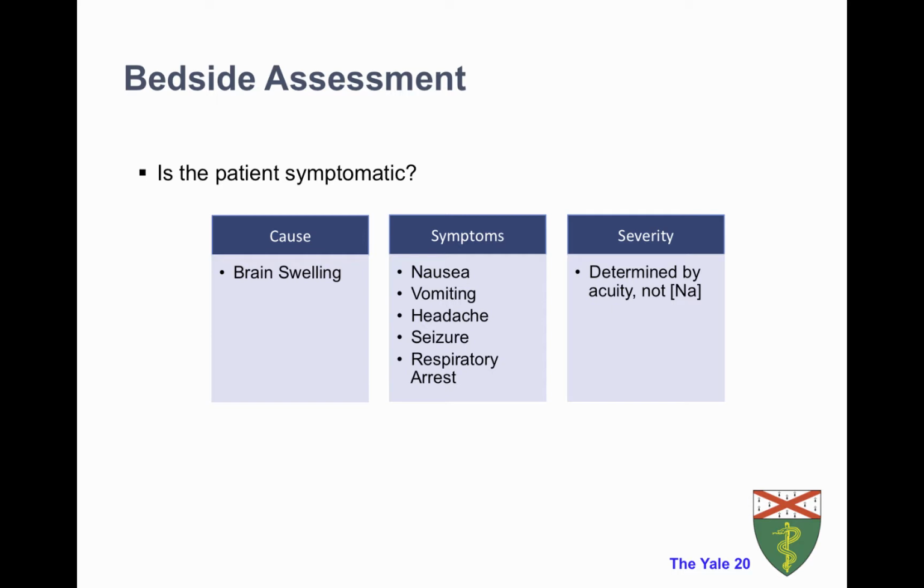As the extracellular tonicity falls, an osmotic gradient is created for water to move from the extracellular compartment into the intracellular space, and this can cause cellular swelling. Most cells in the body are able to handle this without issue, since they can expand relatively freely. However, brain cells are enclosed within a fixed space within the skull, and thus even minimal cellular swelling can lead